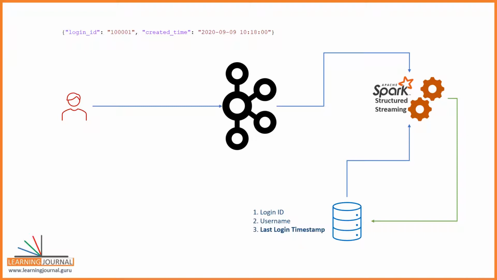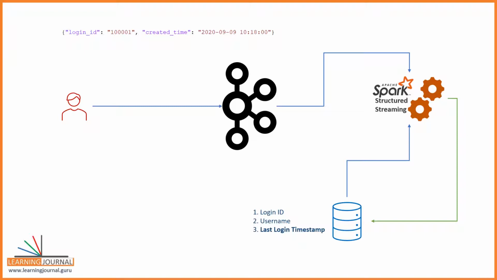Let's do it. But how will you do it? Let me explain a straightforward approach. We will create two data frames. The first data frame is a streaming data frame for reading login events from the Kafka. The second data frame is a static data frame for reading user details from Cassandra table. We will join them on the login ID. Replace the older login time with the created time of the login event. And finally, we will sync it back to the Cassandra table. Make sense? You might find some other way to solve this problem. However, I am using this example to understand the join mechanics of a stream with a static data frame.